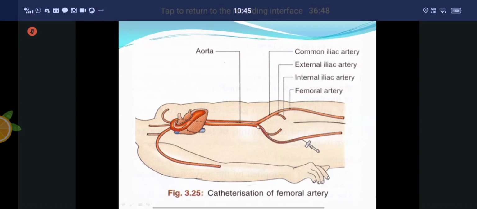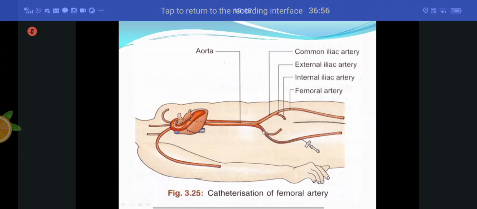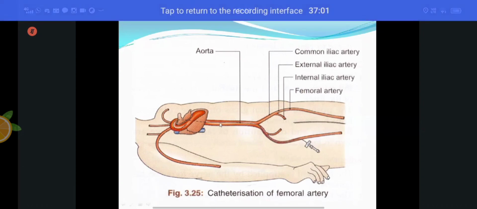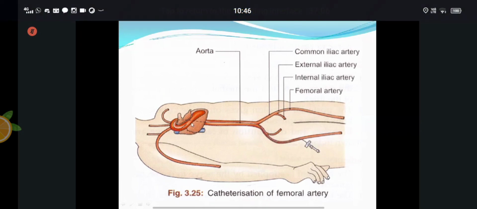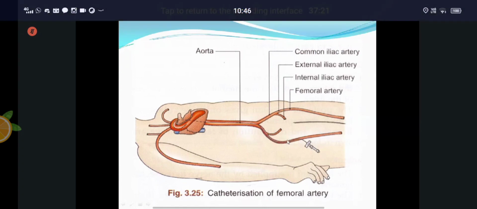In this diagram, you can see how the cannula is introduced into the femoral artery. And from the femoral artery, it is passing into the external iliac artery. From the external iliac artery into where? Into the abdominal aorta. And from the abdominal aorta through the thoracic aorta into the arch of aorta. From the arch of aorta, you have come here, right? So this is for the cannulation, or catheterization, of the femoral artery, and for feeling the pulsation of the femoral artery. This is the clinical anatomy of the femoral artery, right?